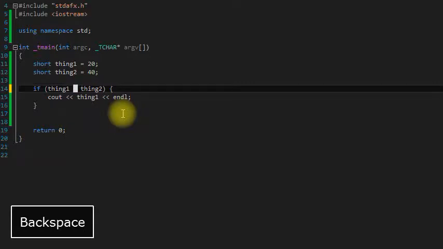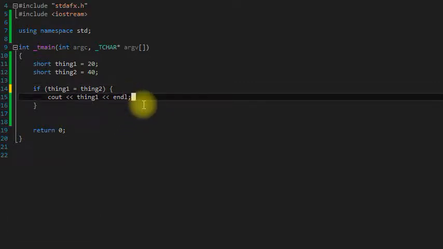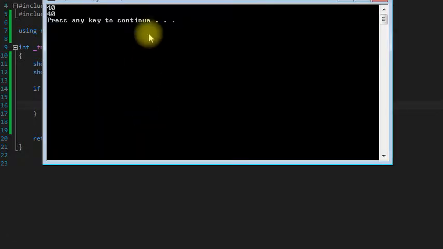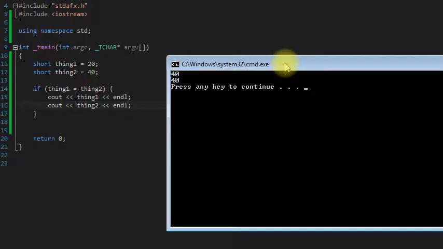So let's get rid of one of the equal signs and then come down here and also print out thing2. Control S, Control F5, and as you can see, it ran the block of code and changed the value of thing1 to 40. That's something you need to watch out for while you're writing and using if statements,